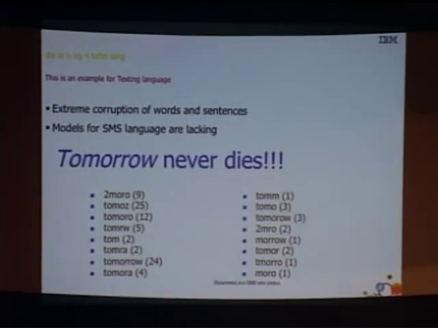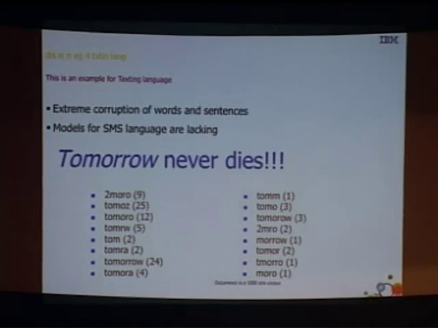So all our models are based on the premise that the correct is always going to be the predominant feature. That's no longer true. The correct spelling is no longer the predominant spelling on social media. I mean, it's there for several words, but there are several